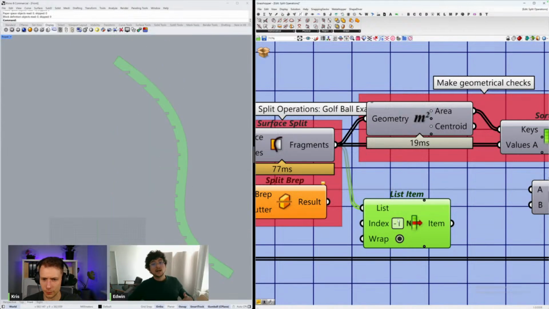You could do that, but this could break your model in future versions of Rhino. In ShapeDiver, we have had ShapeDiver since Rhino 5, and every single time Rhino has released a new version, Rhino 6, Rhino 7, and now Rhino 8, for some reason this list order always changes. Yeah, because when you're exploding a BRep, if there is some change in the definition of the NURBS or of the geometry, then when you hard code it like this, taking just the second or the last element, it's not the most optimal way.